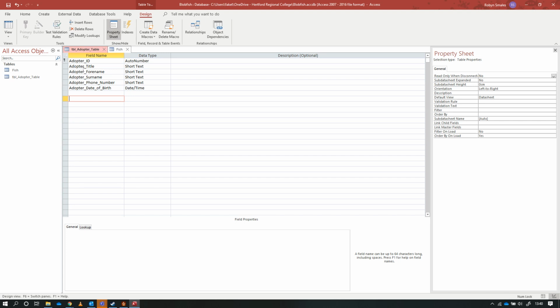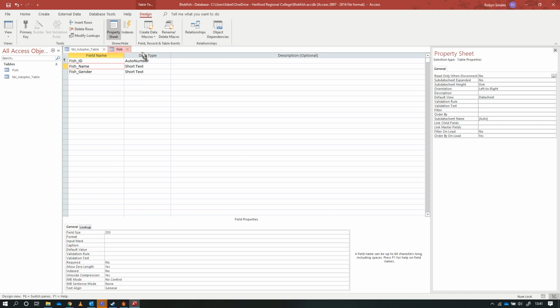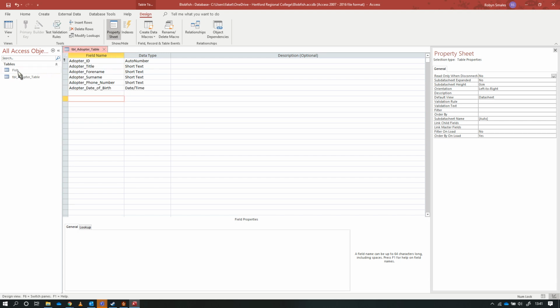So I tend to put the table name in front of the name of the field so that when I'm working outside of those fields, or when I'm working with reports and queries, I know which table those fields have come from. I'm going to save my fish table and just close that for a second, because if you do forget, you need to close the table on the top bar, right click on the table and go to rename. And that will allow you then to add in the missing